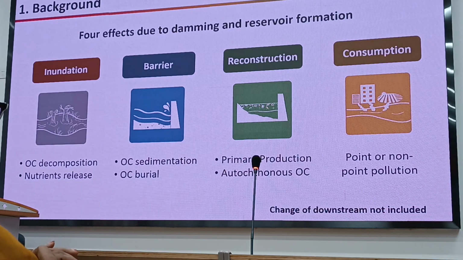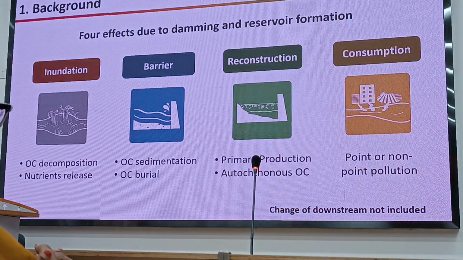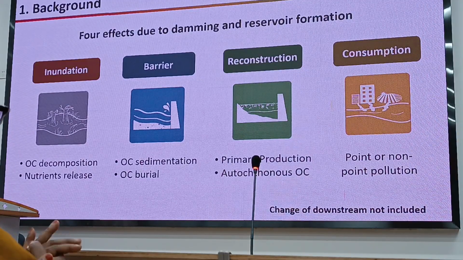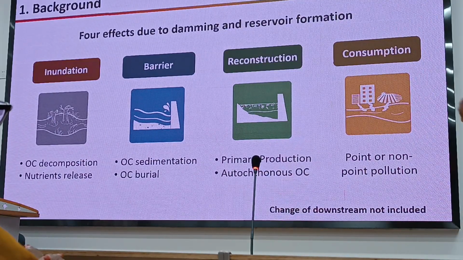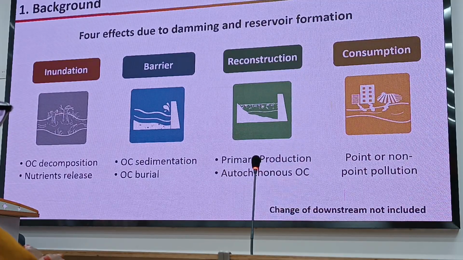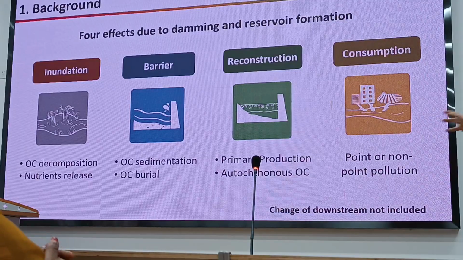So this is why Professor Muhammad told me to analyze the water parameters, the hardness of this one. And the reconstruction will change the aquatic chemistry and also the consumption. You will see that from Chongqing to the Three Gorges, there are a lot of towns around the reservoir. And it's like a collector of all the non-point and point pollution, where anthropogenic activities can impact those pollution loads in the reservoir.